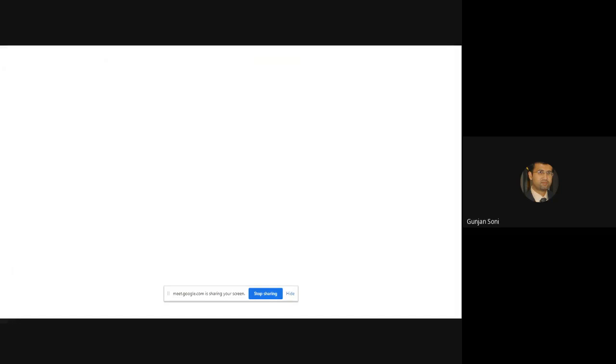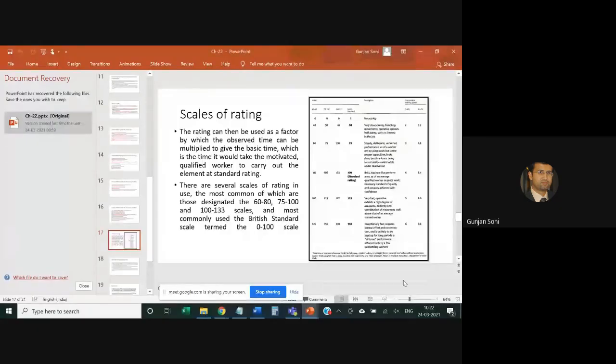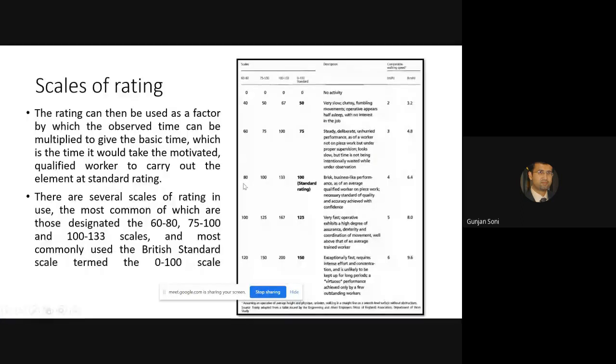I'll share a screen from another laptop where there's a table I would like to discuss. So you can see there's a table over here where scales are given. Okay.